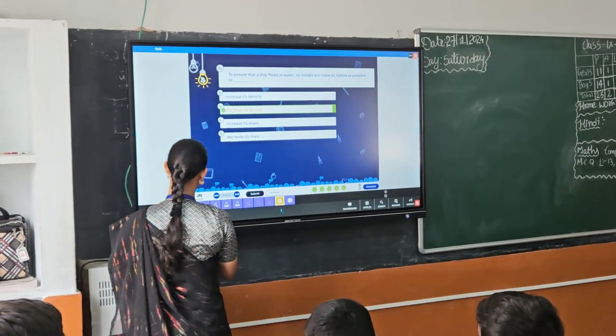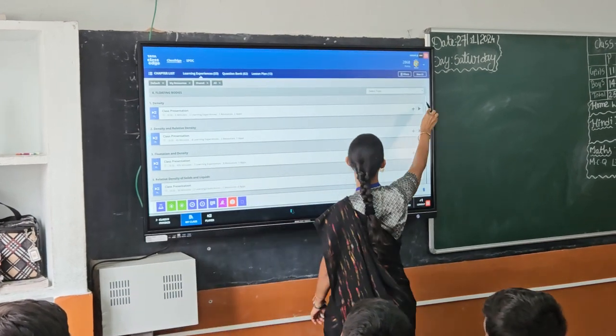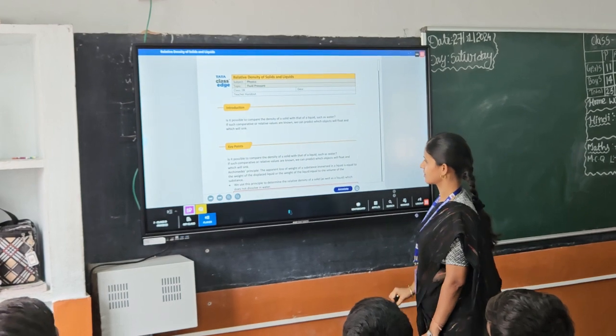Okay, let me check the next one. We will see relative density of solids and